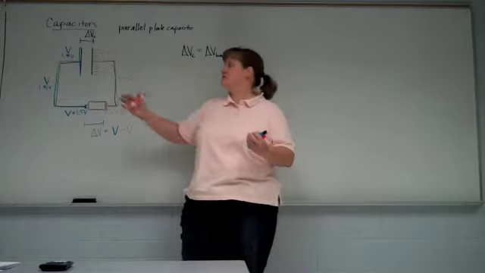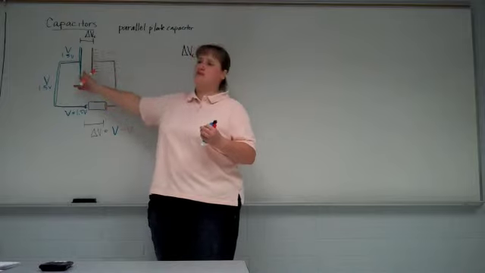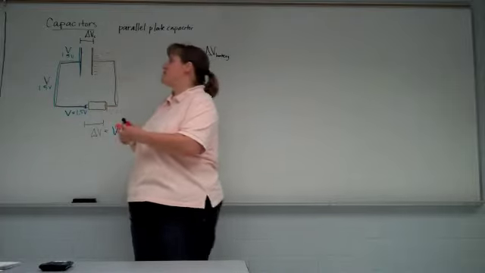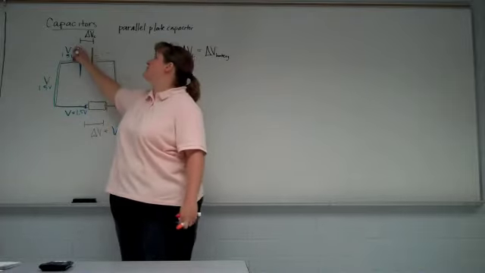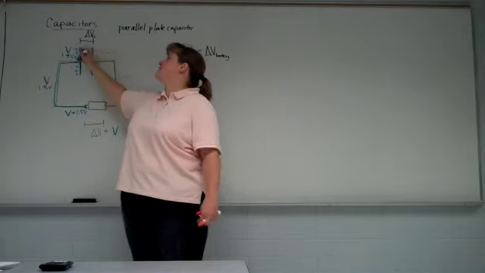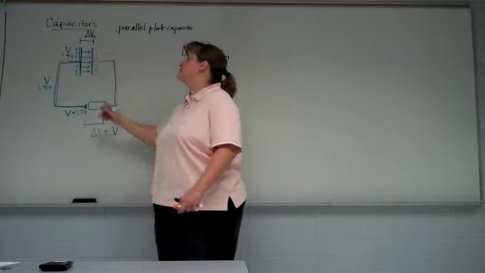But by induction, having a negatively charged plate, what is that going to do to this plate? It's going to become positive. It's going to push electrons away. So this plate becomes positively charged. So we get an electric field between the plates,